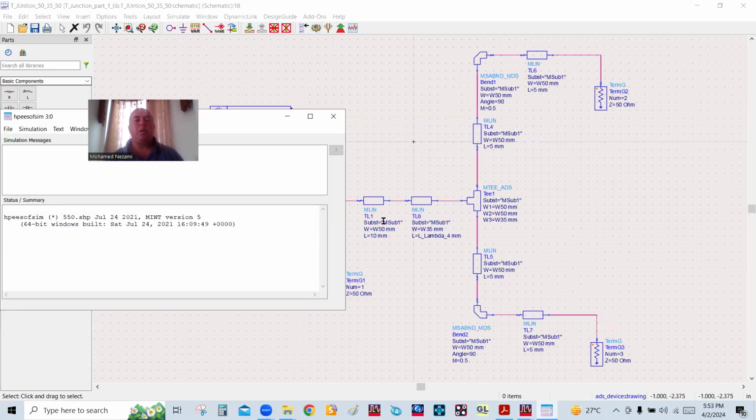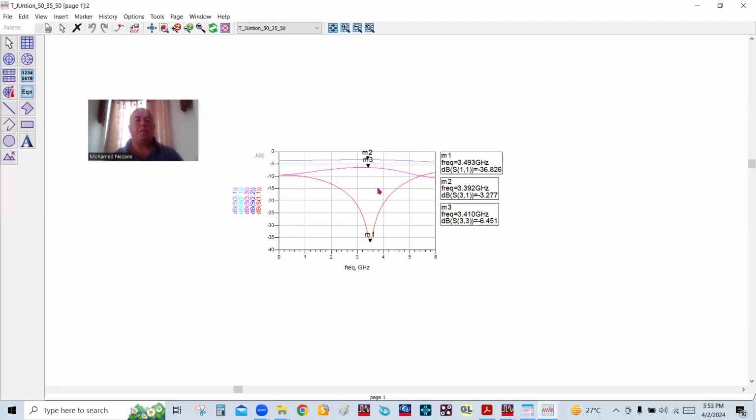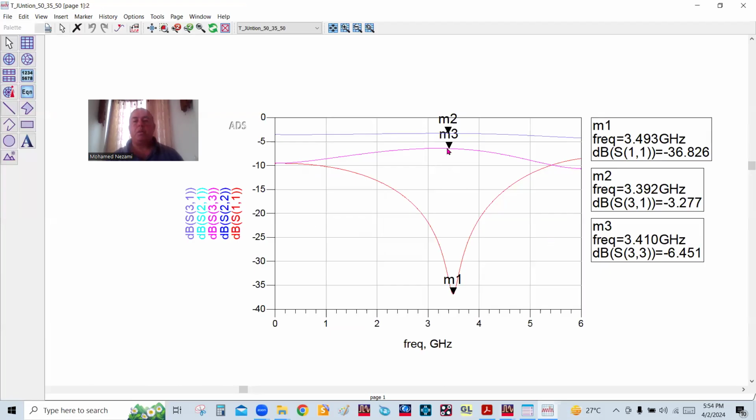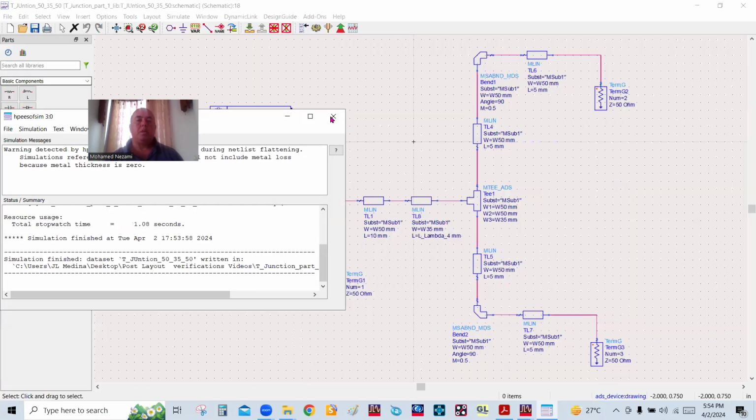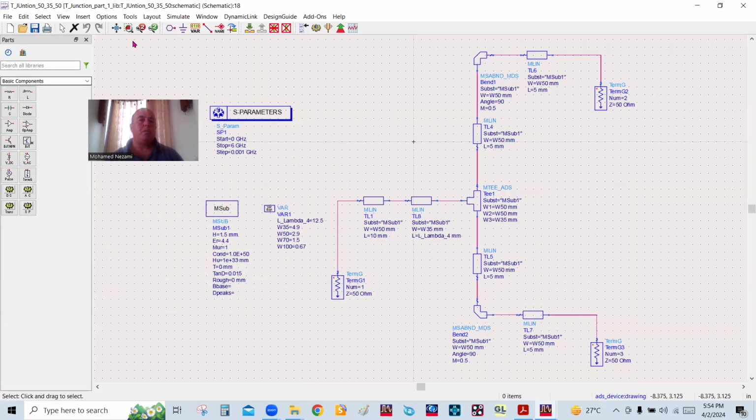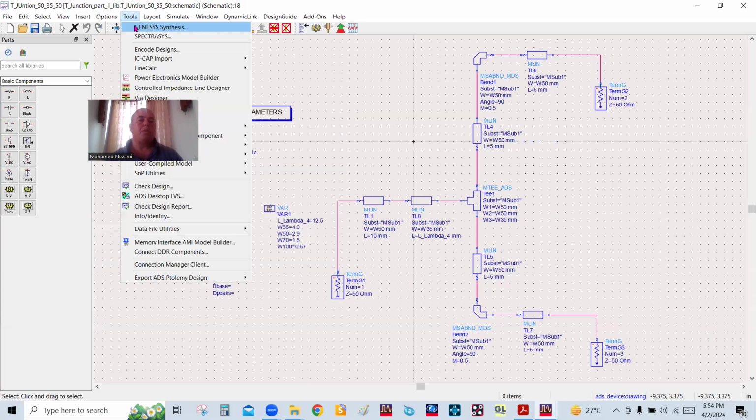And when I simulate this, we basically get the performance in here. You can see the marker is at this point here, and you can see that we're at 6 dB return loss on both sides. Now, once I'm done with this, I do the layout of this, of course, just to make sure things are